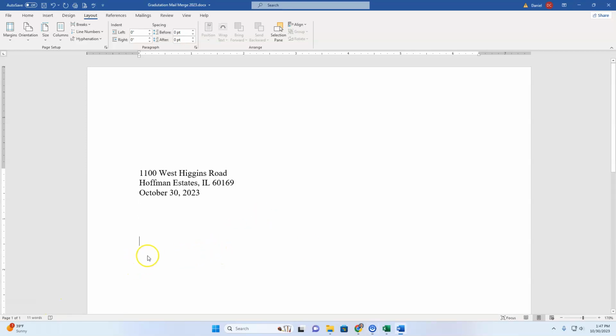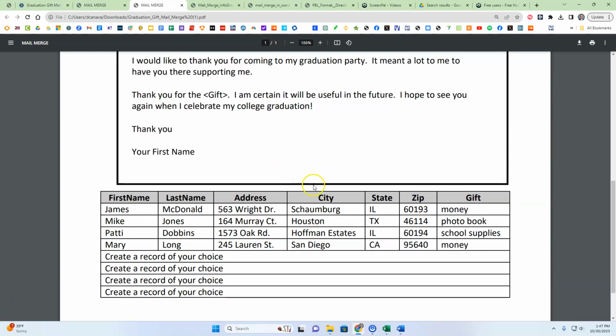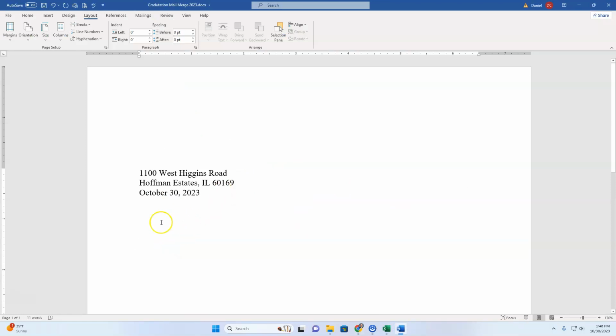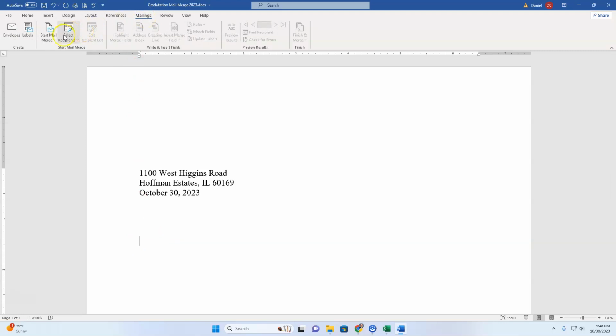And now this is where our letter becomes a little bit different. Since we are not writing this letter to one individual, we are actually writing it to 4 individuals. We need to create these temporary fields to put into our letter since everyone's information is different. So how we do that is through a mail merge. And to get and start a mail merge, we go up to Mailings, Start Mail Merge, and then we're going to click on the step-by-step mail merge wizard,